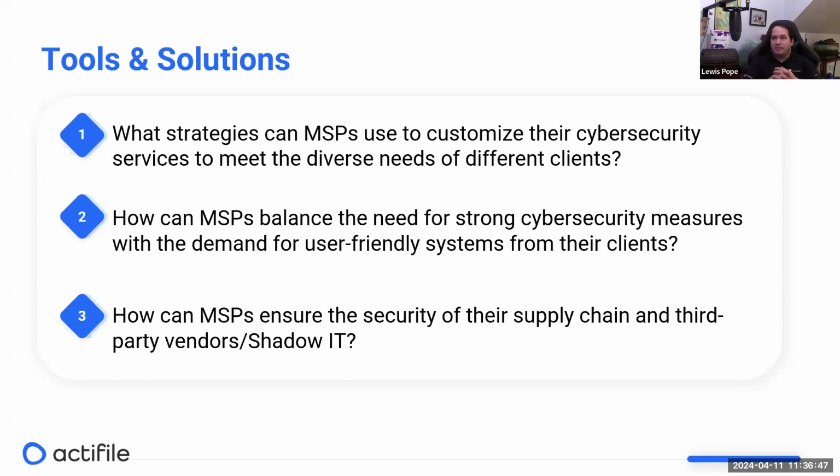I'm a very big proponent of what you do as an MSP should not be invisible. It should be unobtrusive, but you always need to be displaying and showing that you are there, you are providing value, work is being done.